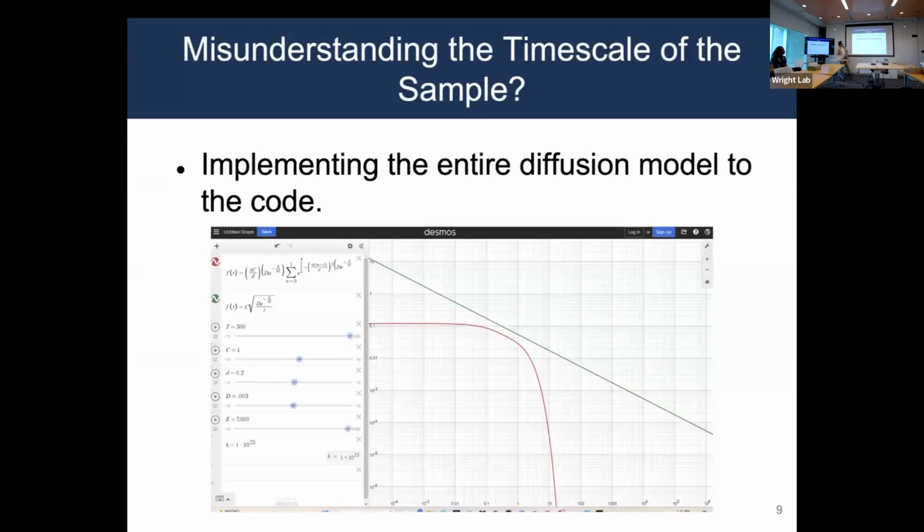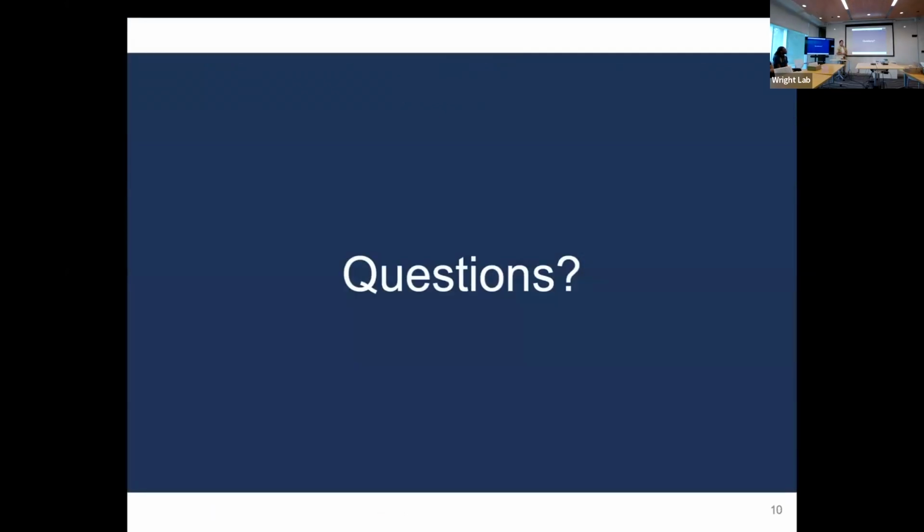Another thing I'm looking into now is that we don't know if our short approximation or long approximation is adequate for the material I'm using. With Teflon, this green line is our short approximation. With the way we understand the short approximation, we would assume that Teflon is in this approximation. But it only accounts for a small part of the entire series, which is the red line. So we're thinking maybe it's in this in-between range, and I am going on now to start analyzing the data with the entire series instead of using the approximation. That's it. Thank you.